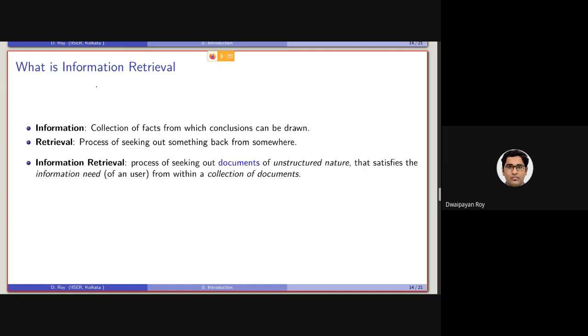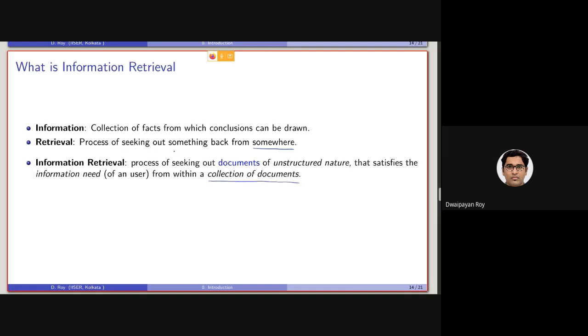Putting together, information retrieval is the process of seeking out documents of unstructured nature that satisfies the information need of a user from within a collection of documents. Now, this somewhere is basically the collection of documents.